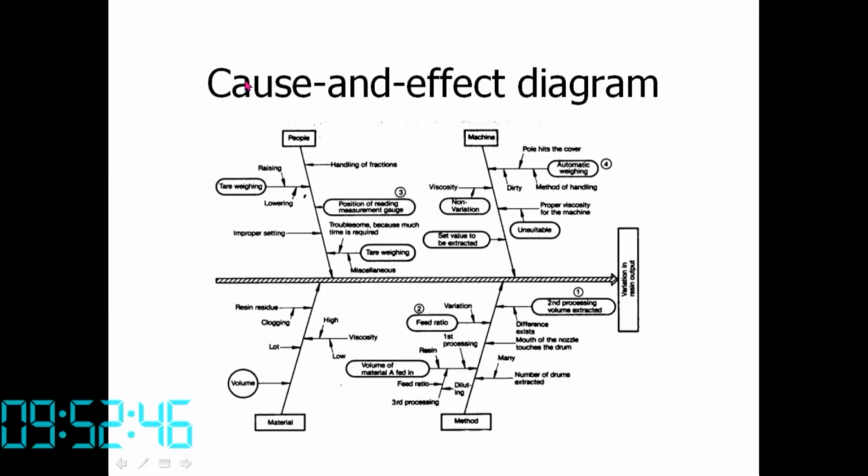identify the potential causes. So, they did a brainstorming session and identified all causes. The effect is variation in resin output. Why is there so much variation in the quantity of resin output? So, 1, second processing volume extracted, 2, feed ratio, 3, position of reading measurement gauge, 4, automatic weighing, and then